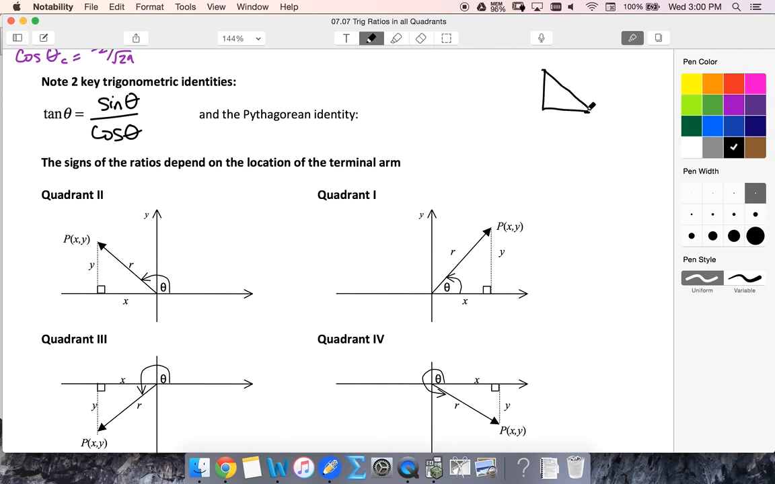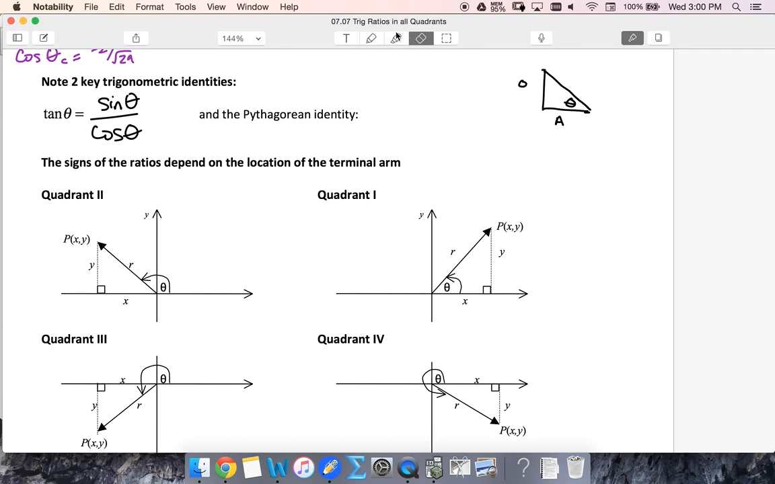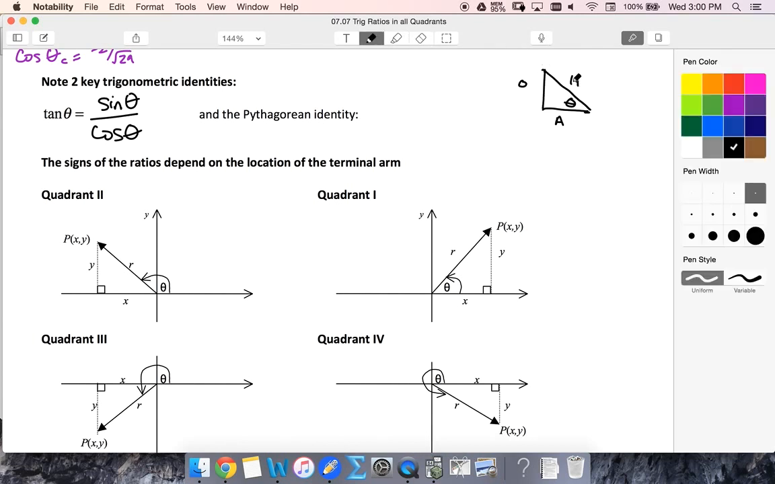what this one says is that if I have an angle theta, and I have an opposite, an adjacent, and a hypotenuse, well, notice that, goodness, by Pythagorean theorem, h squared is equal to o squared plus a squared. And if I think about my